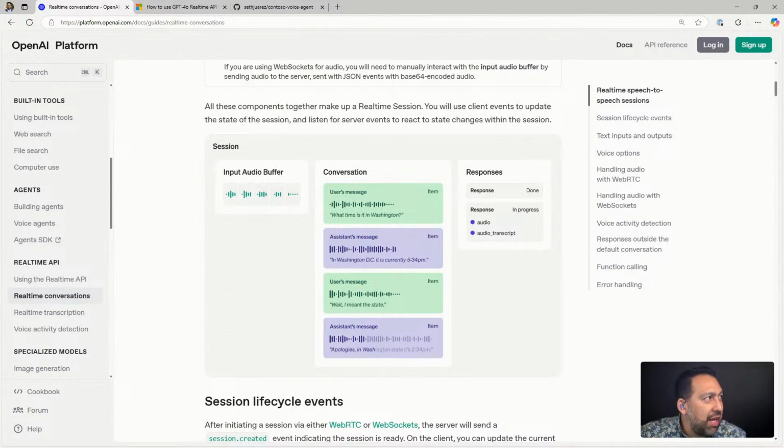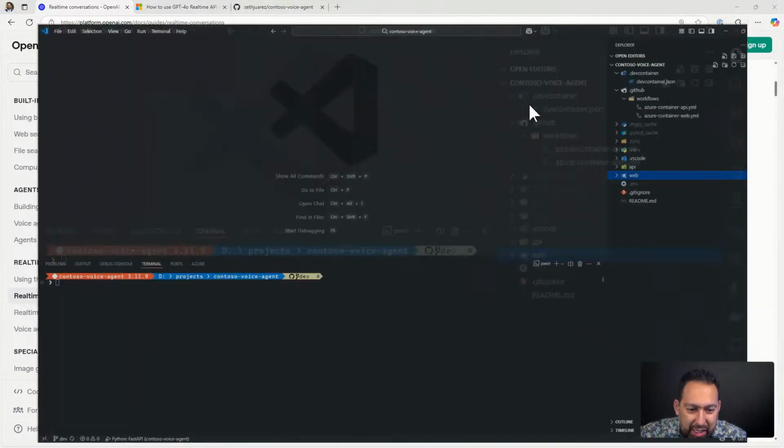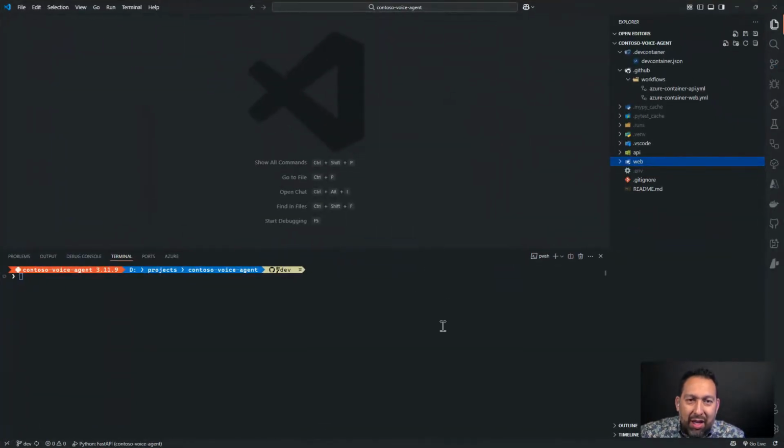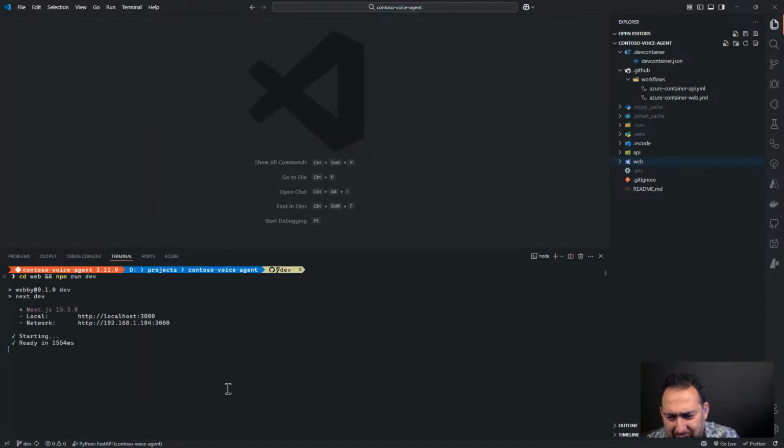So instead of me blatherskiting, let's just run the application, and then we'll get into what it's doing. Okay, so we're gonna cd web and npm run dev. You're gonna see some errors in there because it assumes Easy Auth inside of a container. And then the other thing is, remember